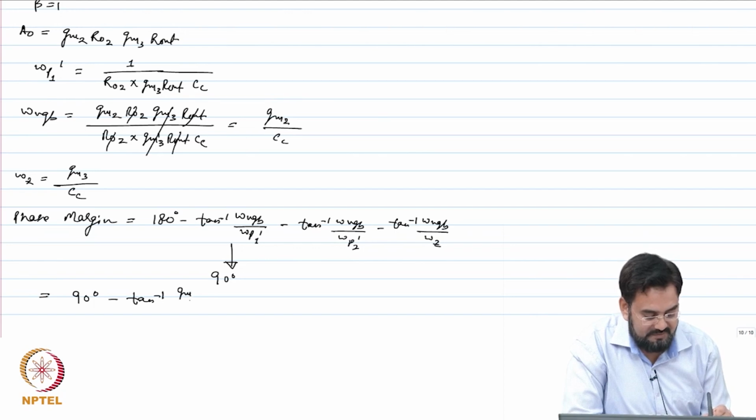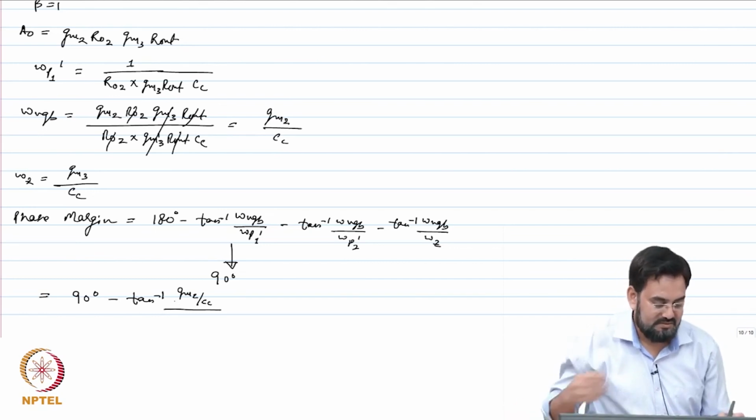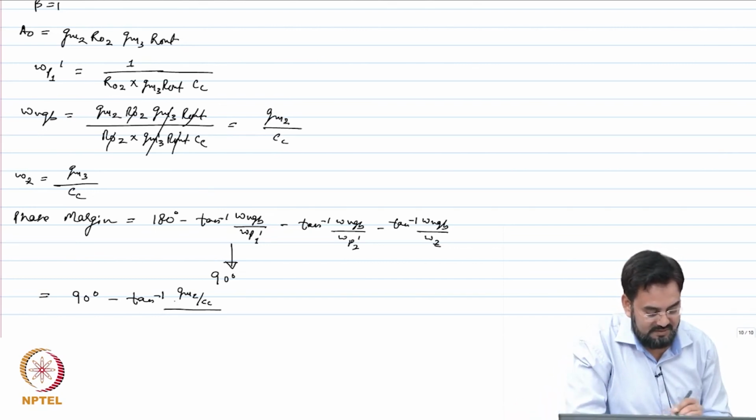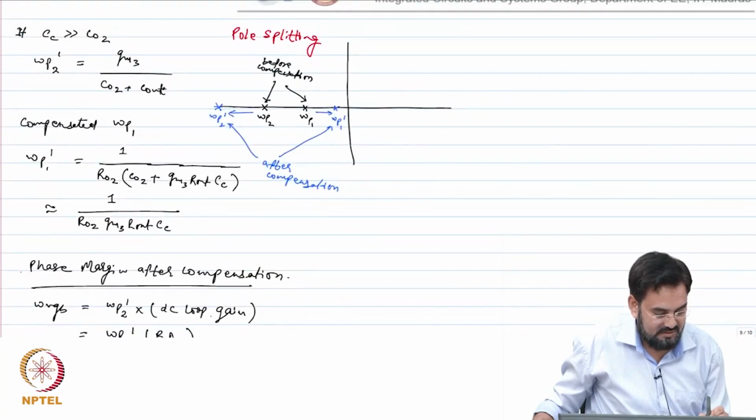GM2, and omega P2 dash, what was the frequency? GM3 by, we had C